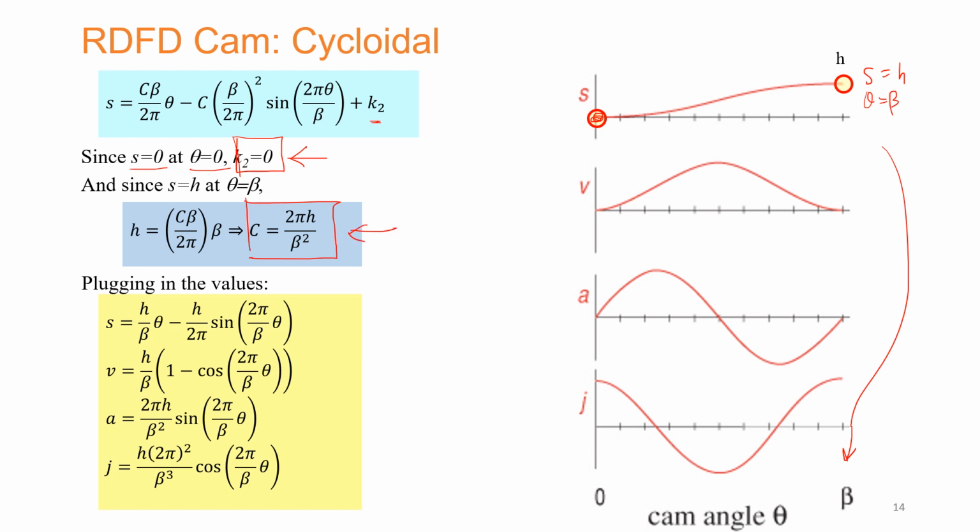So you need to plug in these values K1, K2, and C in the expressions for S, V, and A. And when you do that, these are going to be your expressions. And for the jerk, you have to take the time derivative, or the derivative, as you have previously mentioned. With this realization that now you have got the expression for S, V, A, and J already there, you can